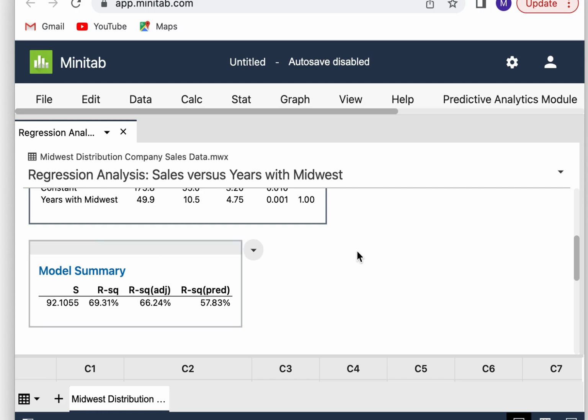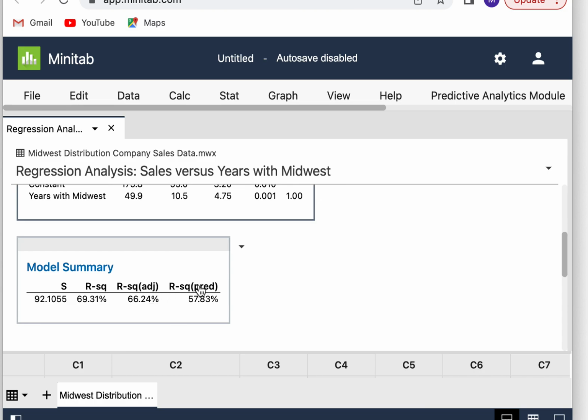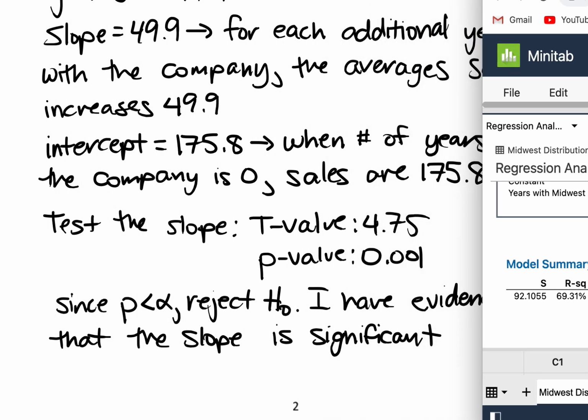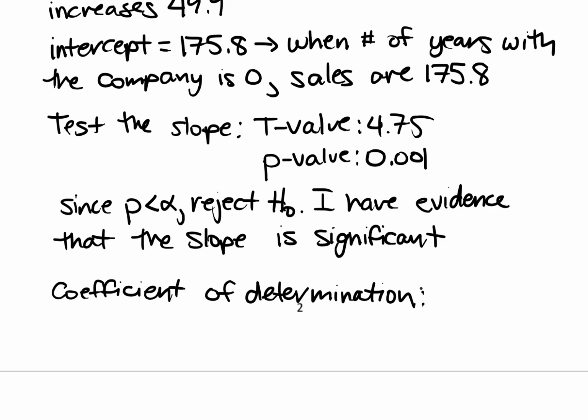And lastly, one last thing that you're going to need is in this model summary box. It's going to ask you for what's called the coefficient of determination. And that is this r squared value of 69.31%. So not the adjusted and not the predicted, so make sure you're looking just at the first r-squared value, 69.31%, and that's called the coefficient of determination again. So I'm going to write that down. And so that number from Minitab was